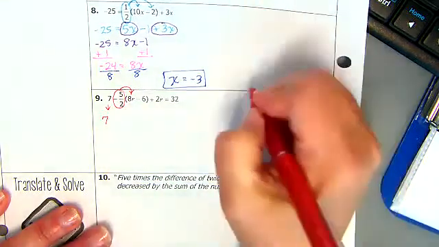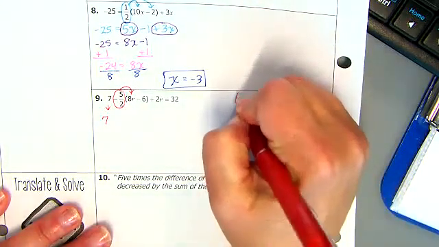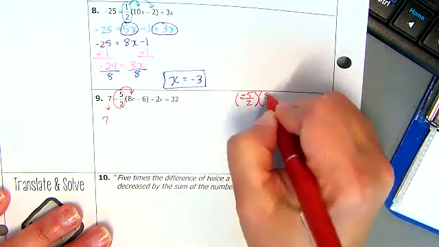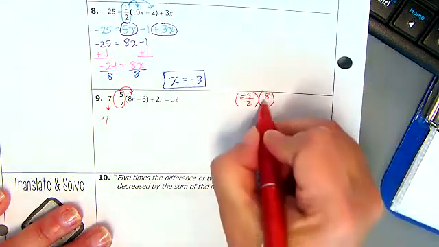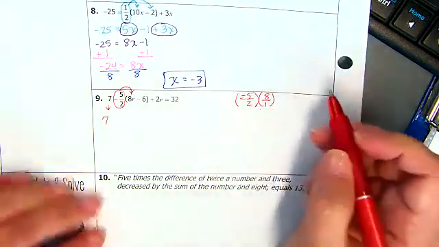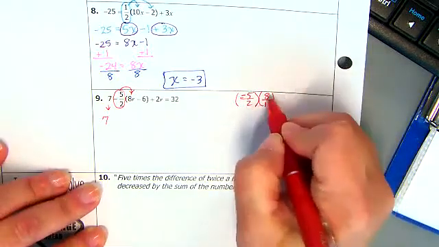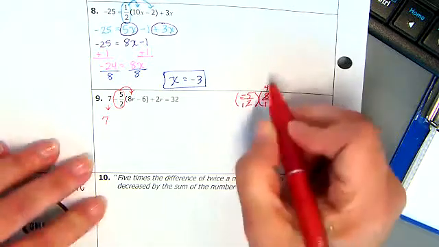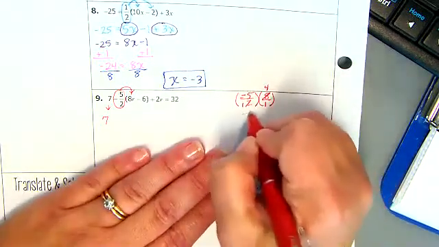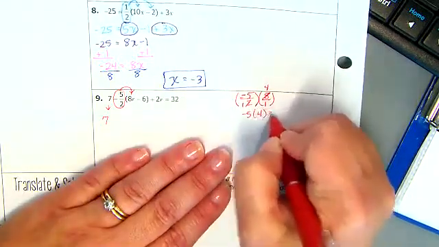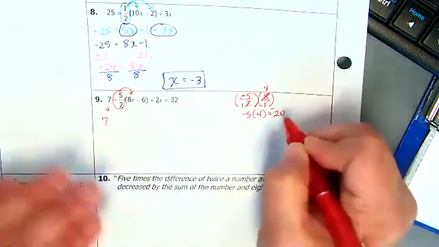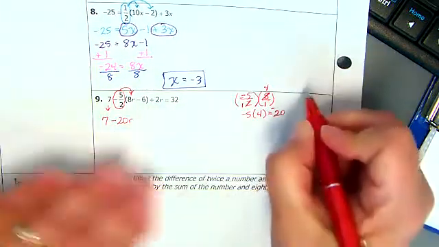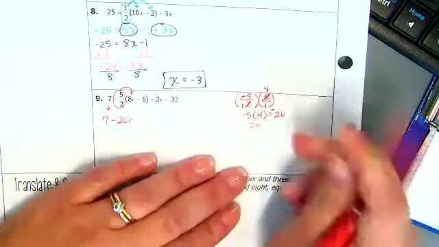If I don't know what that is, then I'm coming over here to this side, and I'm going to do negative 5/2 times 8. So I'm going to make this into a fraction, 8 over 1. And I'm going to see, can I cross cancel? Can I simplify? 2 goes into 2 one time, 2 goes into 8 4 times. So now I'm doing negative 5 times 4, which is much easier, and we end up with a negative 20. So I'm now going to have negative 20r, and then I'm going to do the same thing